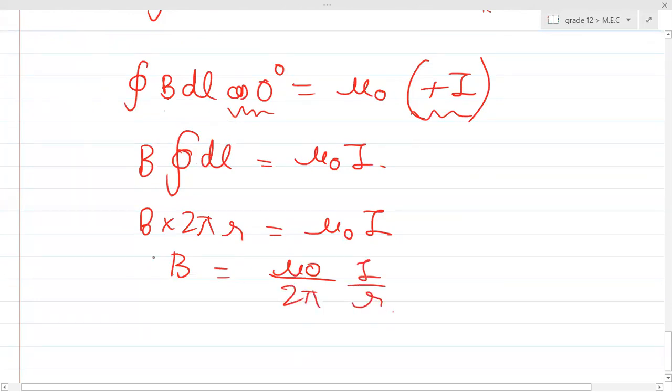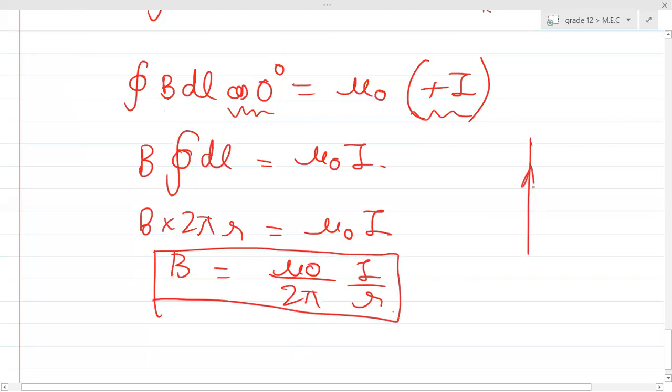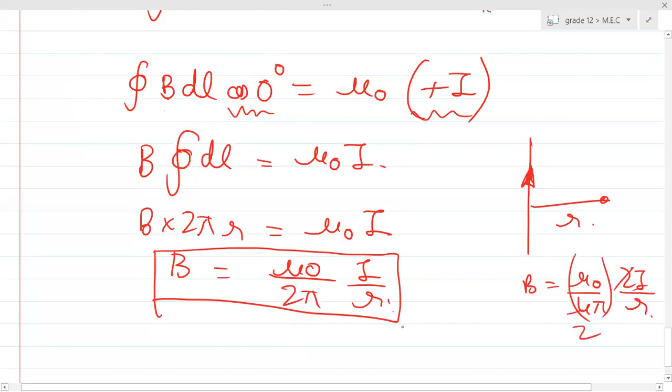Sir, this is not what he taught me. Is it like this? What is the magnetic field due to a current carrying wire at a distance r? Is it equal to mu naught by 4 pi into twice of I by r? Are they one and the same thing? Are you getting my point, guys?